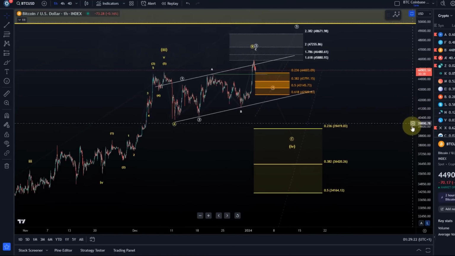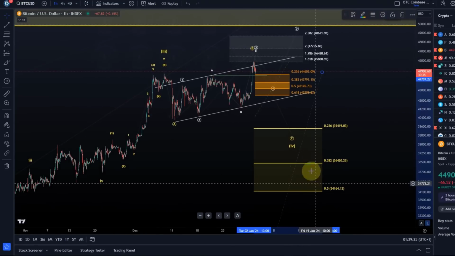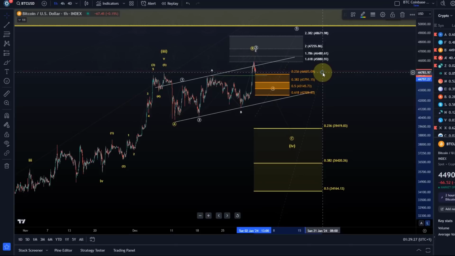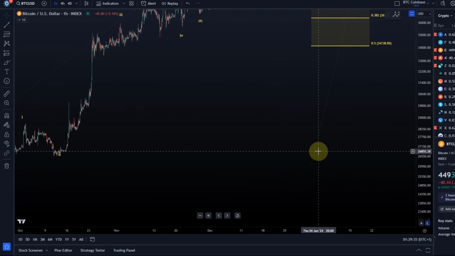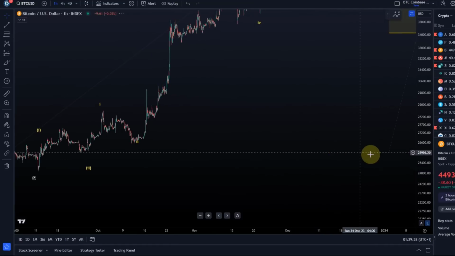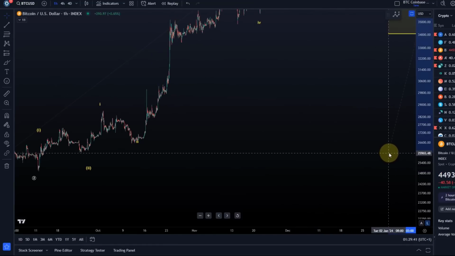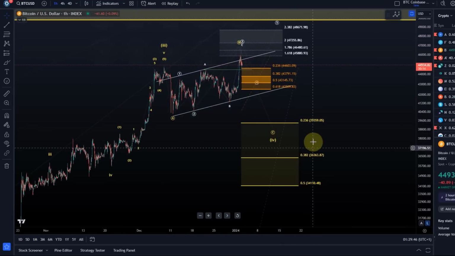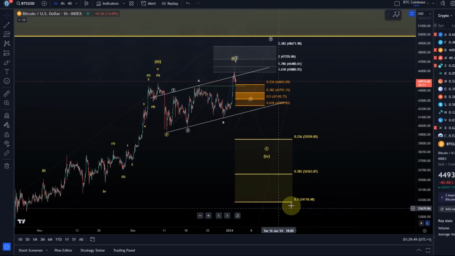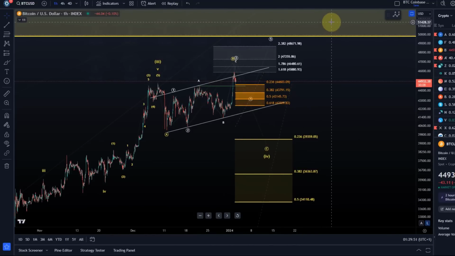Overall, the assumption is and has been that against the $34,060 level, I have, one second, I think it shifted slightly. For some reason, I might need to check why. If not, I will adjust it later. Yeah, I probably have to adjust it later. Something shifted here, but anyway, it doesn't make a great difference. So the idea is that against that $34,100 level, the focus can be on higher because this is really the significant support level. We have to give it that entire space here as breathing space for this wave 4.